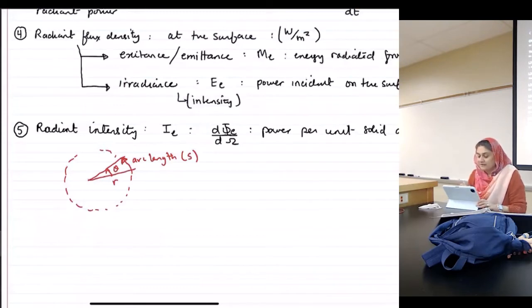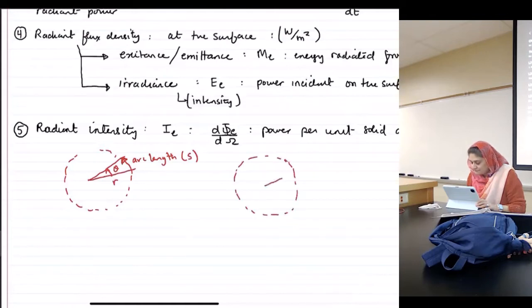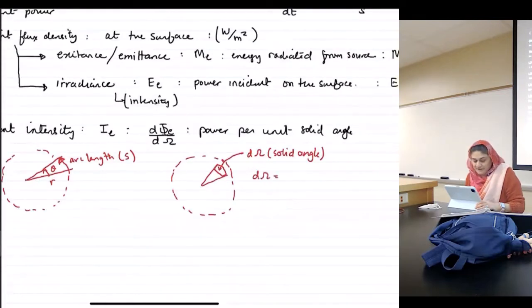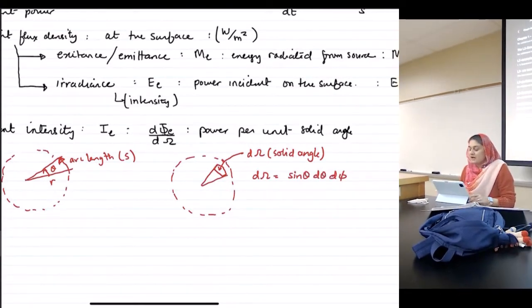So in a spherical case, if I have the same problem, instead of having the arc length S, you will have an area. Solid angle was equal to sine theta d phi. So what is a solid angle? A solid angle, its unit is called steradians,